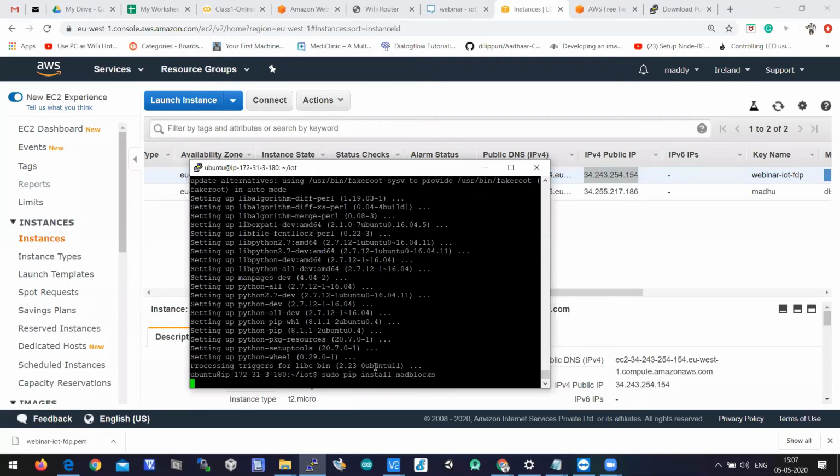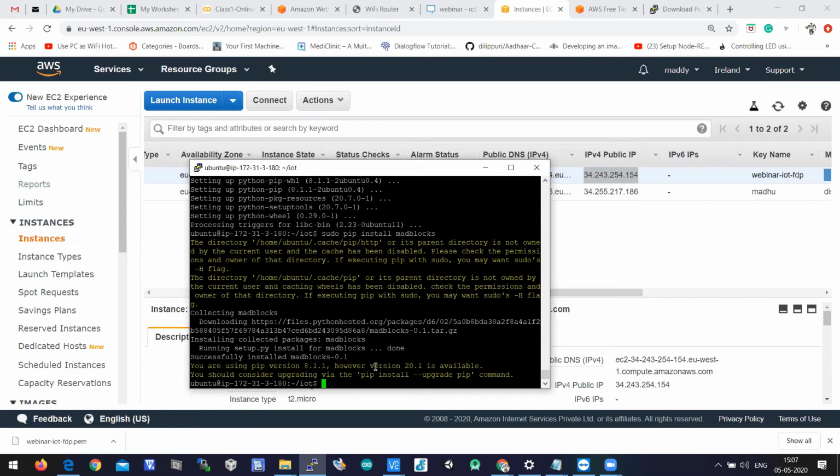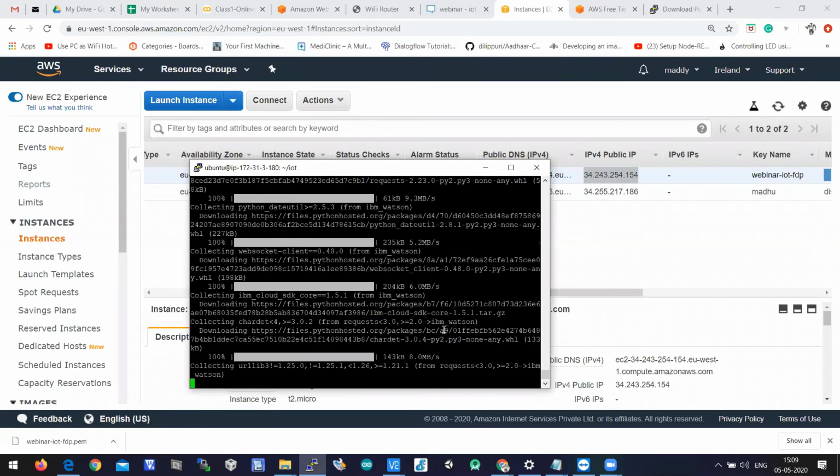As pip is installed, the matplotlib library is installed, and you also have to install sudo pip install IBM_Watson, because after completion of AWS we'll be jumping into IBM Watson also. So let's install this library as well.